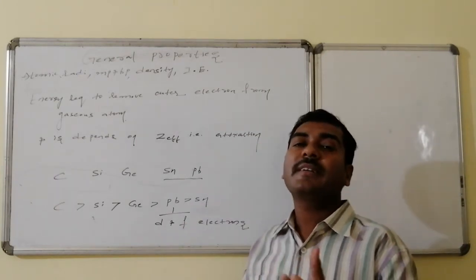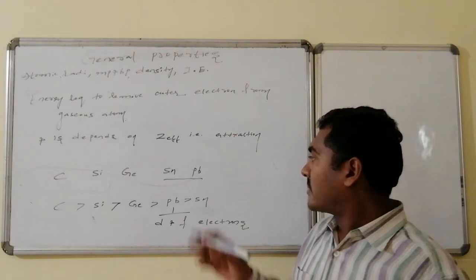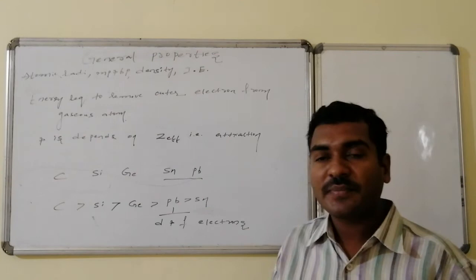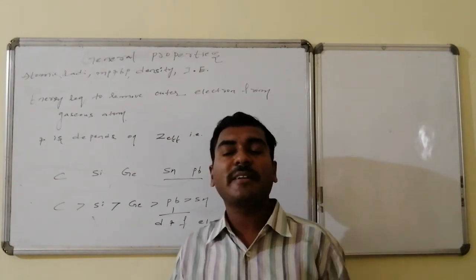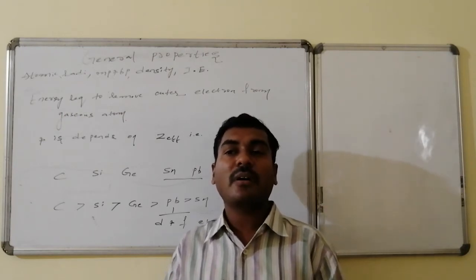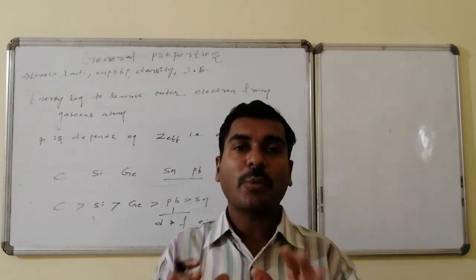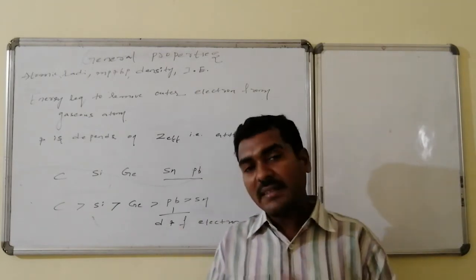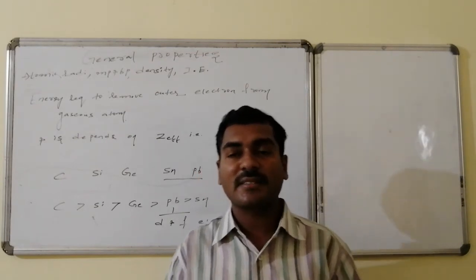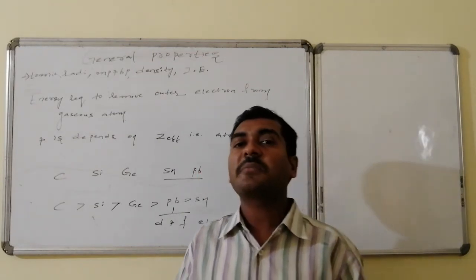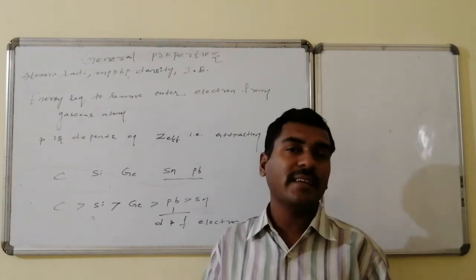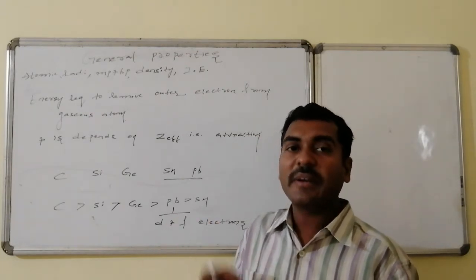But here an abnormality is there in case of tin and lead. In case of lead, both d electrons as well as f electrons are present in the penultimate and anti-penultimate shells. These d and f electrons are not effective in shielding the nucleus attraction. As a result, due to the presence of these electrons, nucleus attraction over the outer orbit increases. Thus the abnormality is maintained in case of lead and tin. What we are saying is ionization energy is decreasing, but that decreasing trend is not maintained.